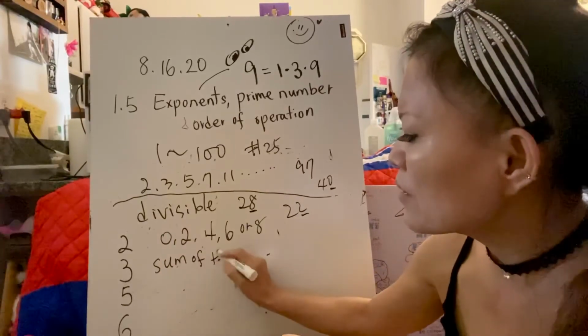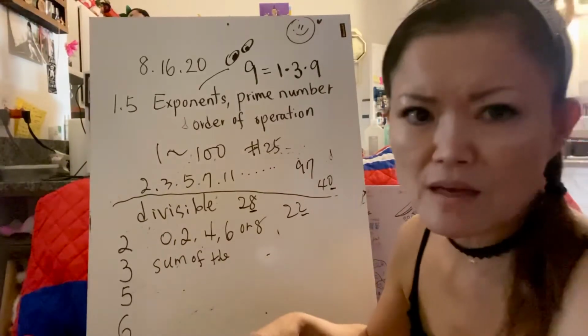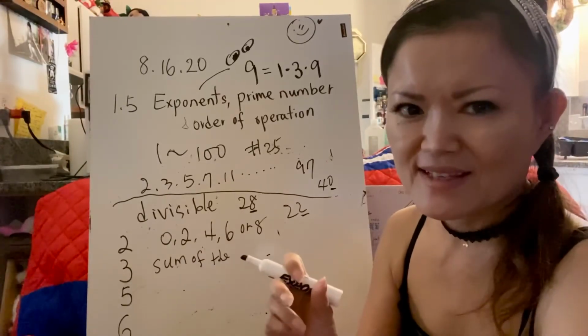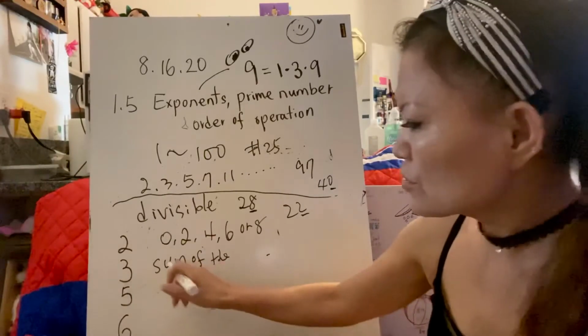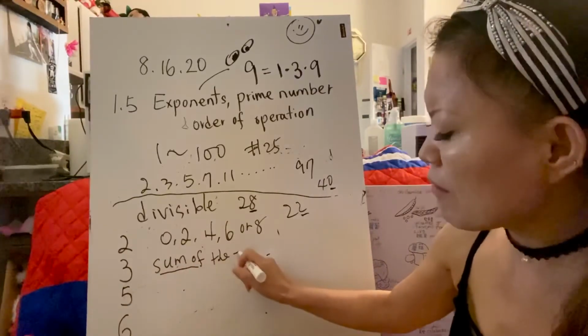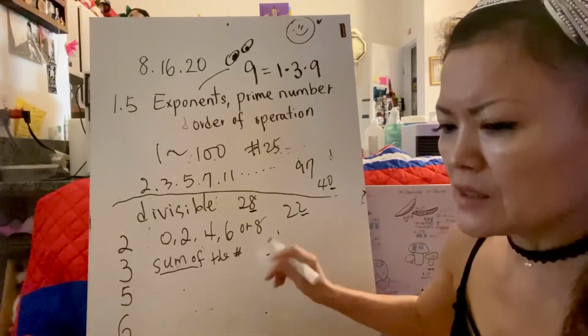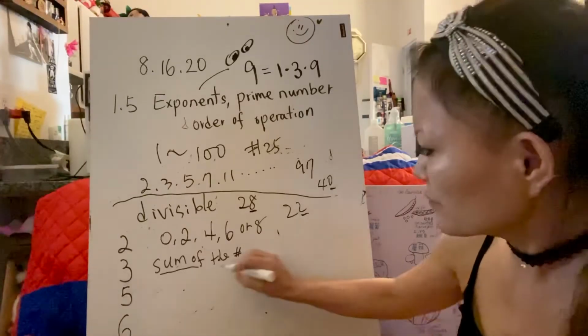Sum of the numbers, sum of the digits. What is a sum? Add, right? The result of the addition. Okay, so if the sum of the digits is divisible by 3,